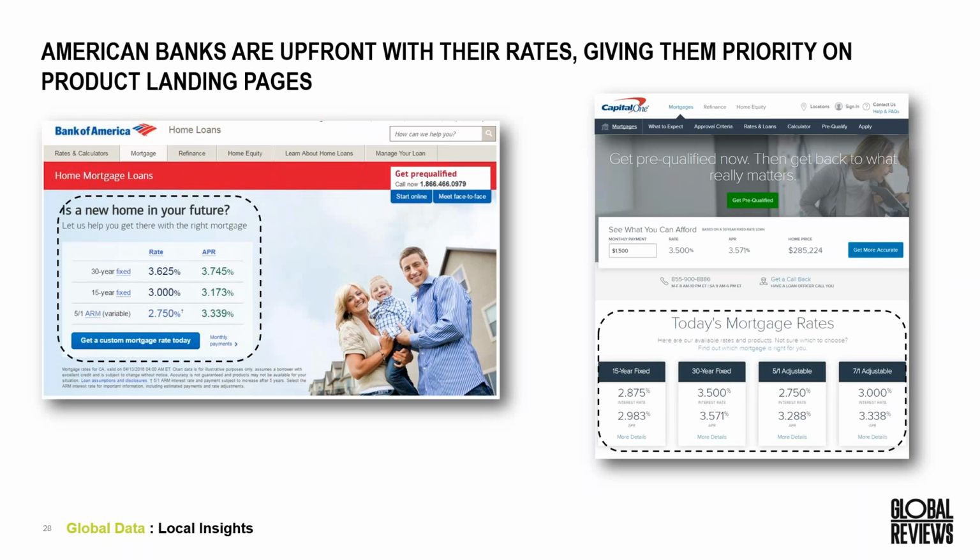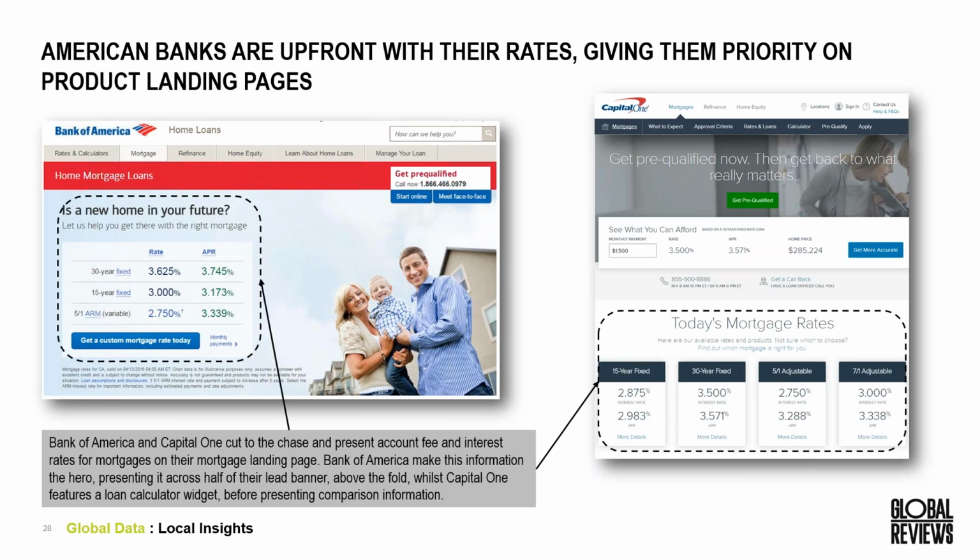Bank of America uses their mortgage rates as a driver, showing it on their landing page, which is something that a lot of local Australian banks don't actually do at the moment. So they're quite transparent, and this transparency is again another builder of trust for customers. We can also see that another American bank, Capital One, also displays their mortgage rates very prominently on their website. Again, this is just sitting below the fold on their landing page for mortgages.